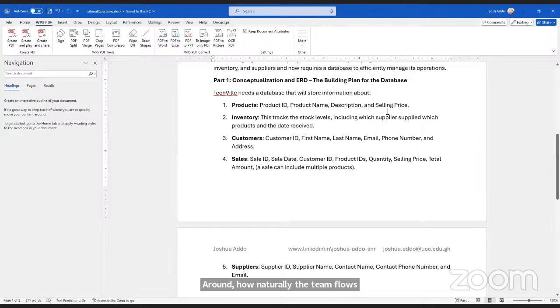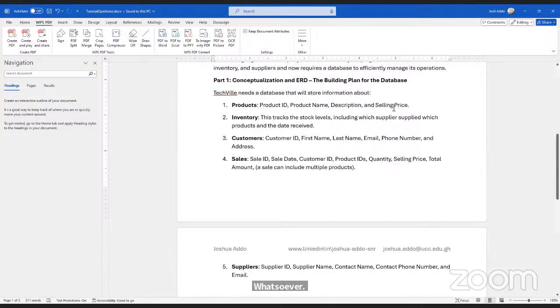The selling price that we have in the product table will be the historical selling price. Sometimes we can have a selling price and it might change at the point of sale, basically because maybe we have to give some discounts, right?